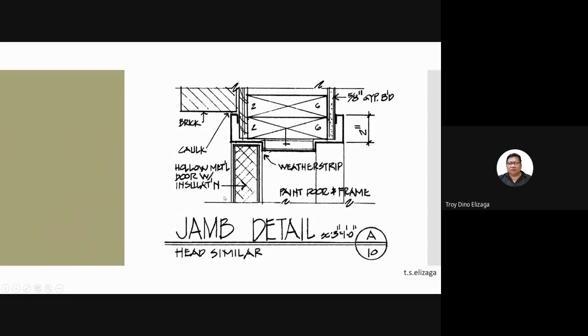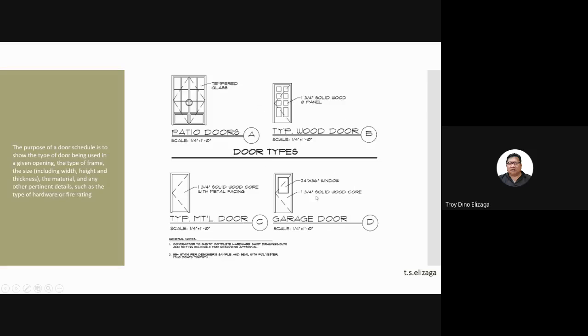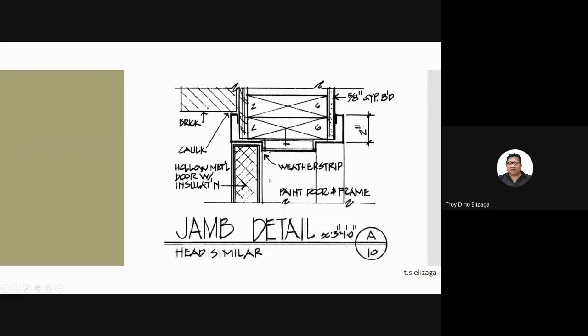Now, like the reflected ceiling, you also need to make details, especially about the jamb, especially if you have a very complicated design for the jambs. So you need to make details. This is an example of how a detail is made, and it is key to this drawing. Okay, so you have a detail marker, and then it indicates to a drawing such as this one.